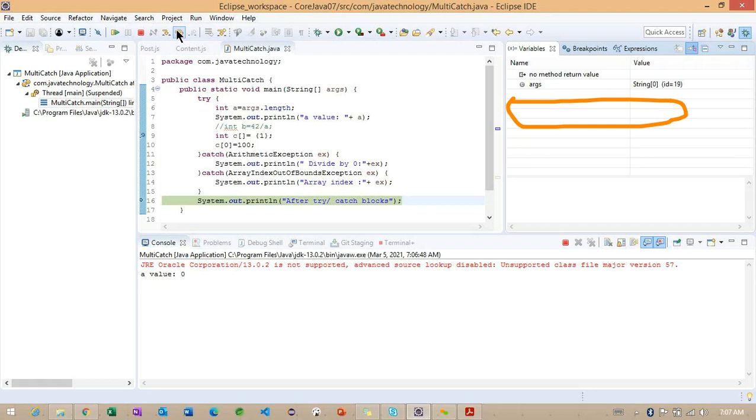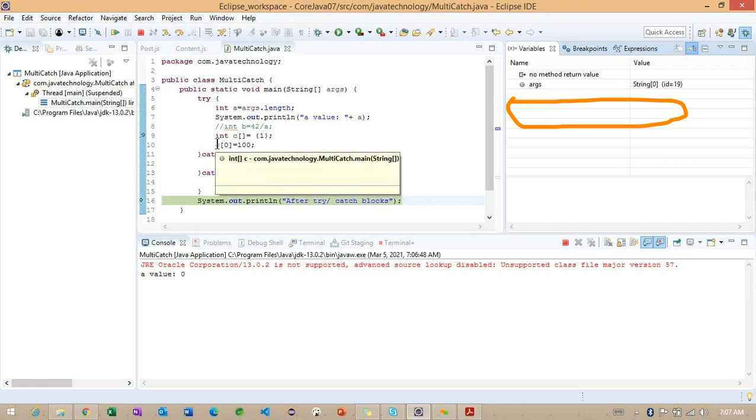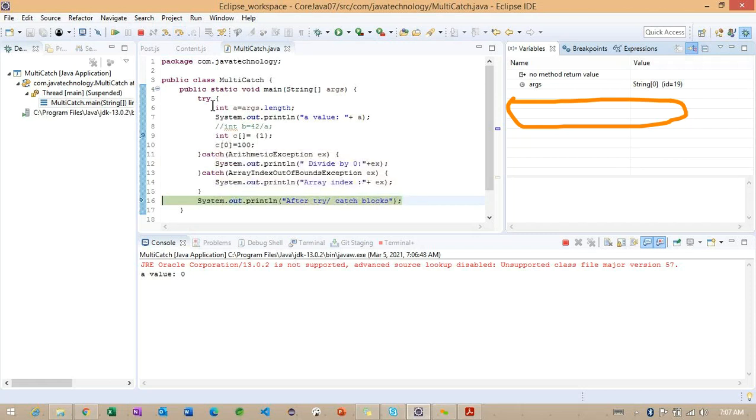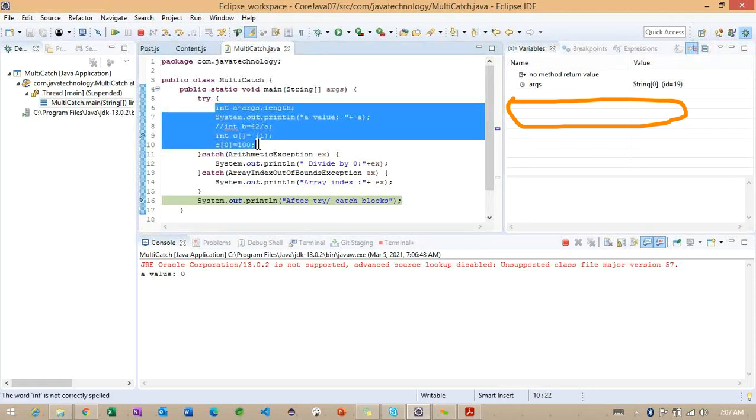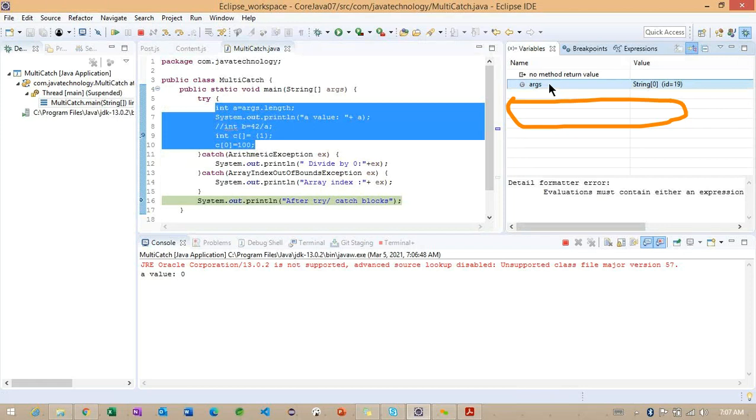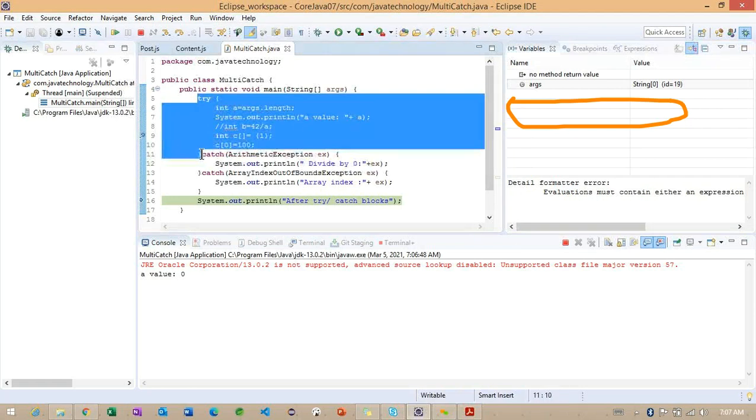And now what I'm doing here, any exception is triggered? So no exceptions here. If you want to identify, you can put the cursor here inside the C, because we are into the try block. So because of that we are unable to see the variables inside the variable sections here. Getting the point? Because of what here? So the block of code is executed.